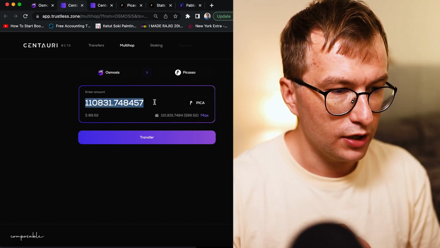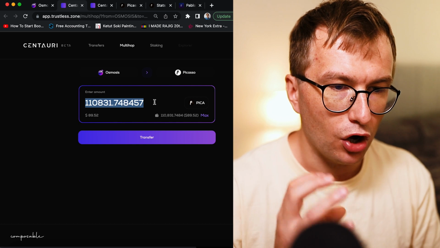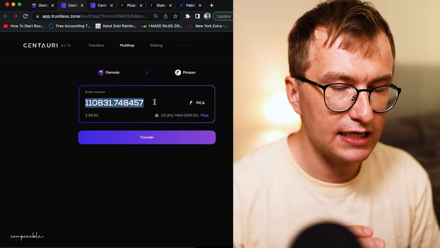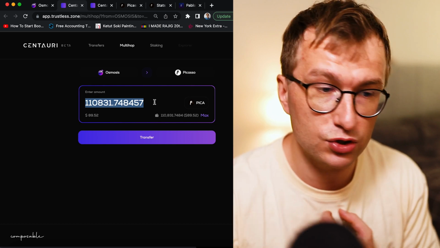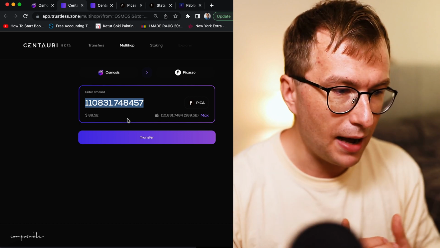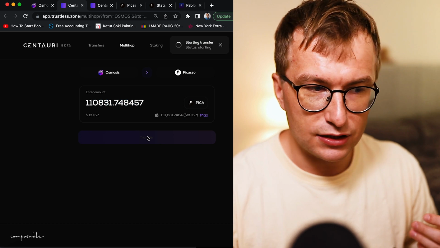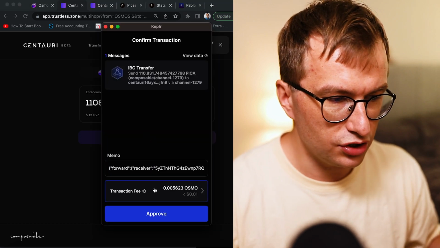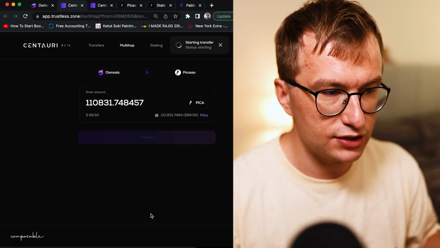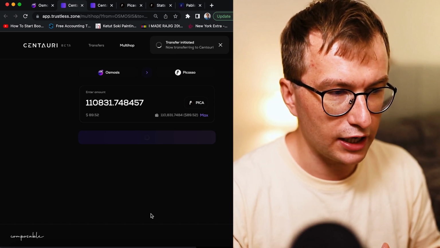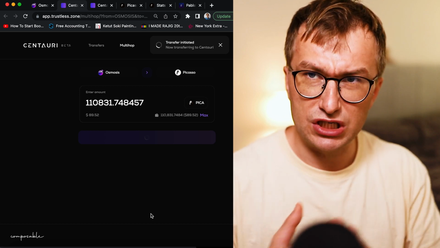From what I know, there is a cap on Pika tokens. It cannot be sent more than 500 Pika tokens. So if it doesn't work, it means you're trying to send too much. So lower the amount and send it. And the transfer lasts no more than a few minutes. It's relatively fast. In 2 minutes, you are going to have these tokens on Picasso, which is pretty cool because